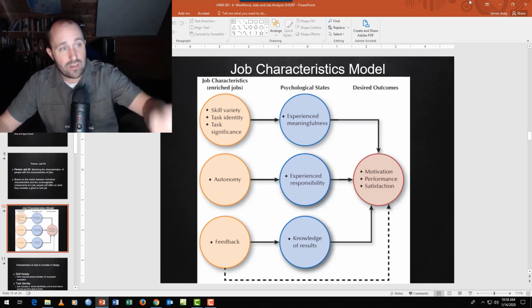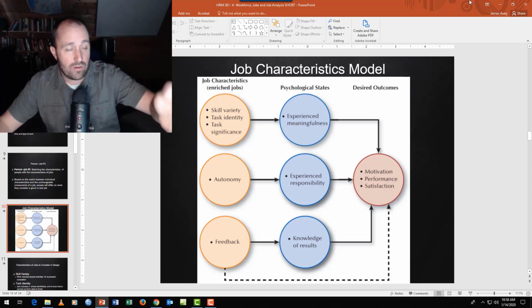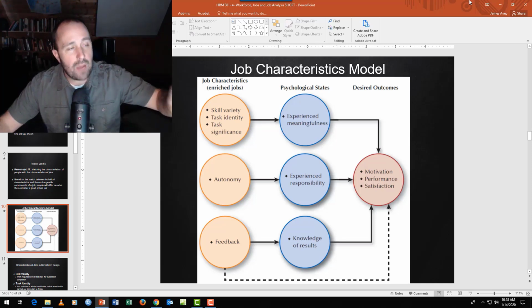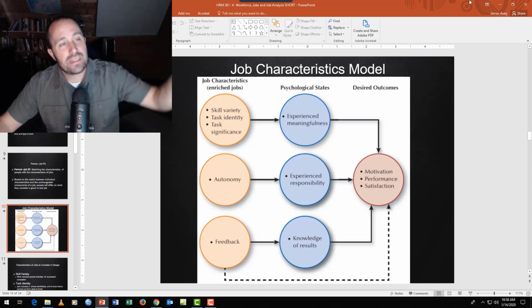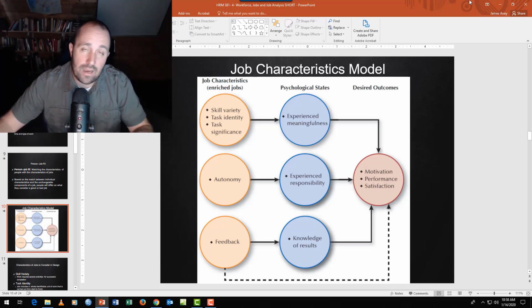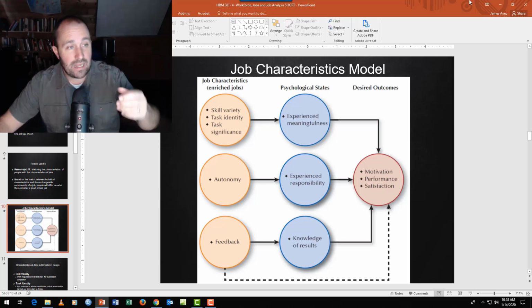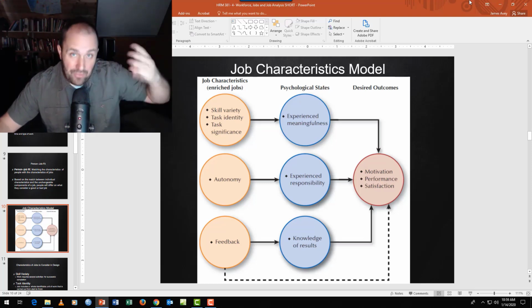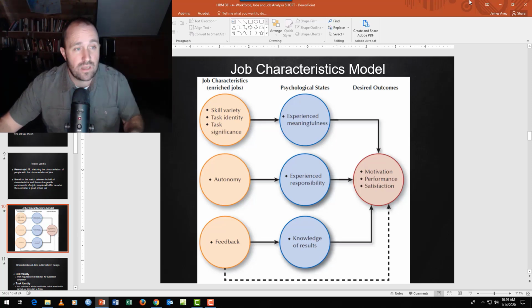So that's the psychological state, or in this case called the mediator, those circles in the middle. Each of the job characteristics on the left lead to each of those psychological states in the middle. Now, if those psychological states are high, meaning my job is meaningful, I feel responsible for my job, and I have feedback on my job, so a knowledge of results so I can change my performance, then a few things